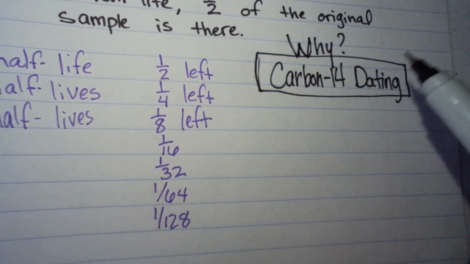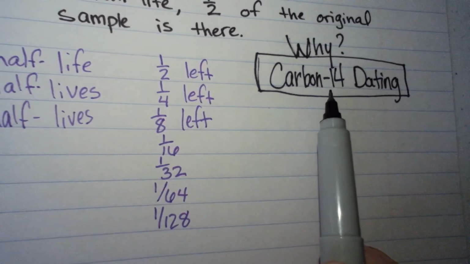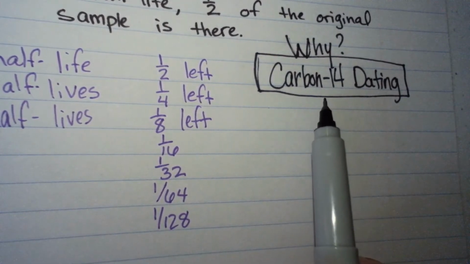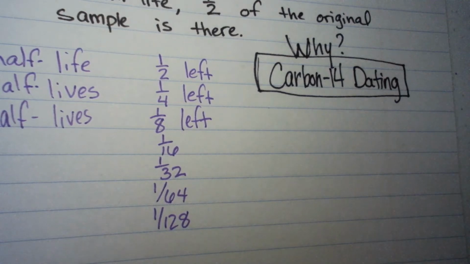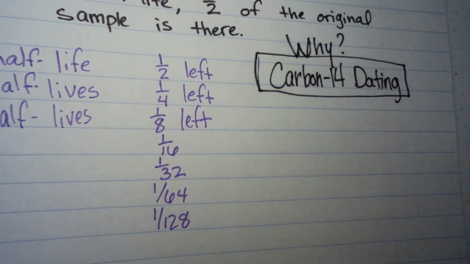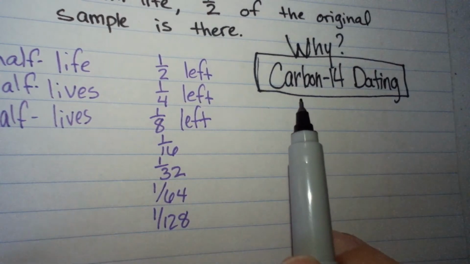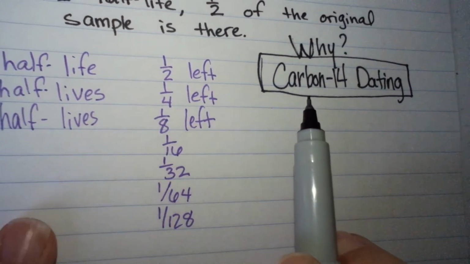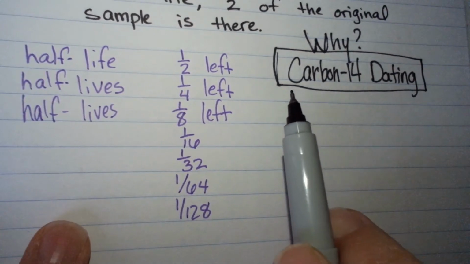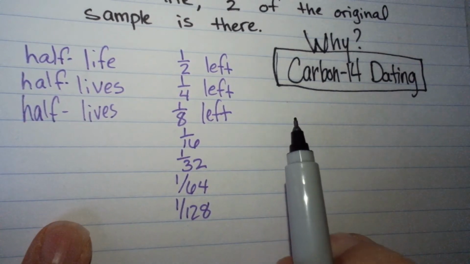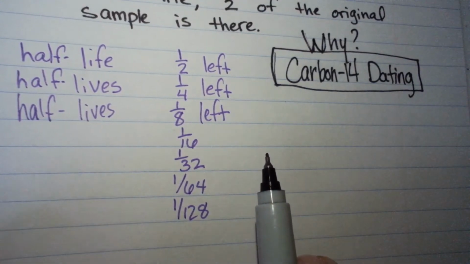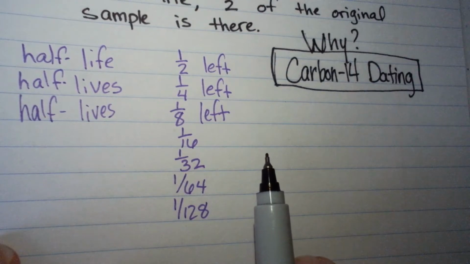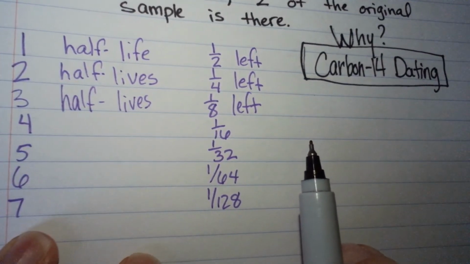Well, this is how, because carbon-14 will decay. And there's a certain amount of carbon-14 in every living thing. It's not the kind of radioactive stuff that's going to make you ill, but it is the kind of radioactive stuff that we can put a marker on. We can look at it and see how much there should be, because you should have a certain amount of carbon-14 given your mass and your size and what kind of species, if you're a plant or an animal or what you might be.